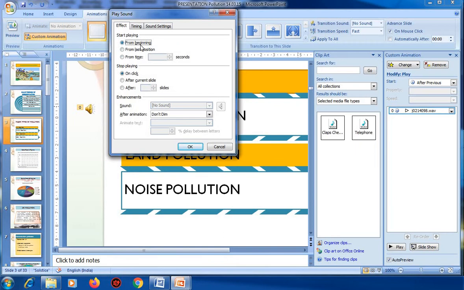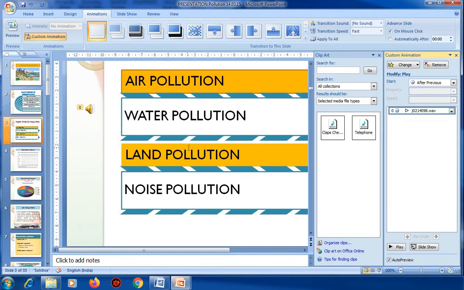This is okay from the beginning and one click, therefore you choose the OK option. So this is modifying the sound object. If you want to modify the sound object, you will follow all these steps: first step, second step, third step, fifth and sixth step. So all these steps we will follow.